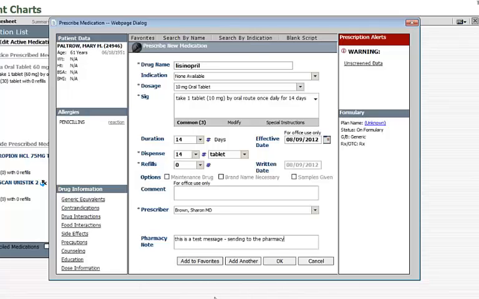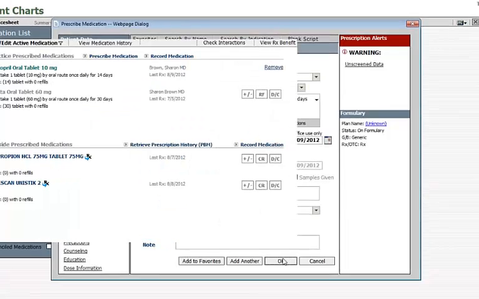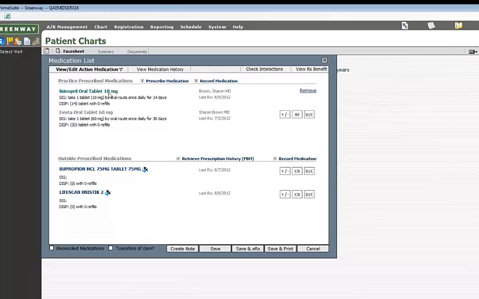Okay. So I'll just put something in there, and I'll go ahead and click OK. You'll notice that the medication is now listed on the medication list. You have the option to remove it if you needed to. If you realized, wait a minute, something's wrong, not that medicine, you can go ahead and remove it. But if that is the medication we want and everything looks good, you would come down and hit Save and